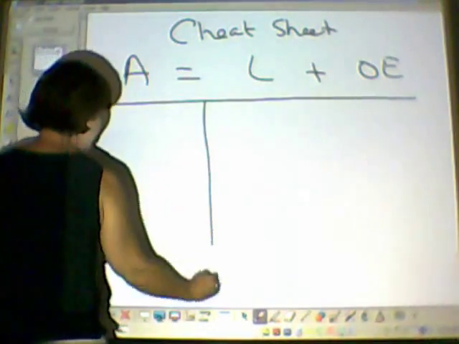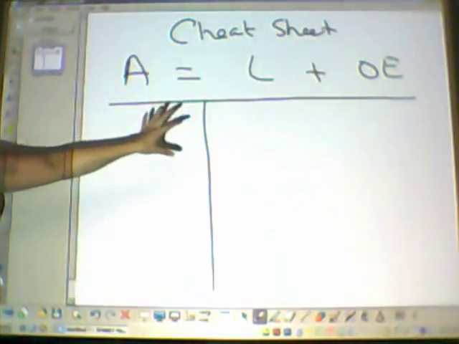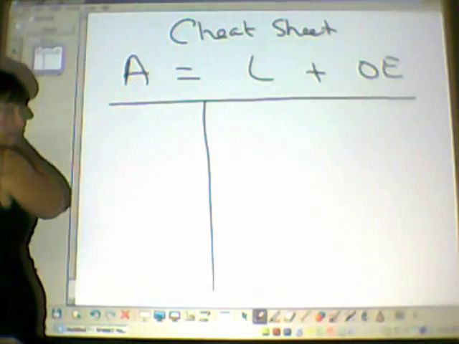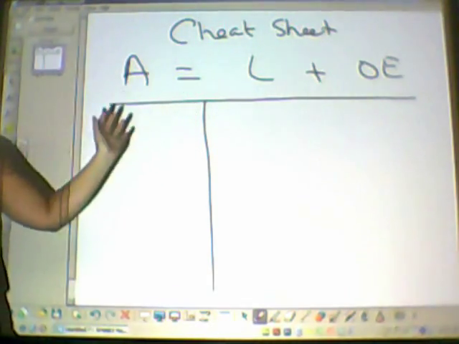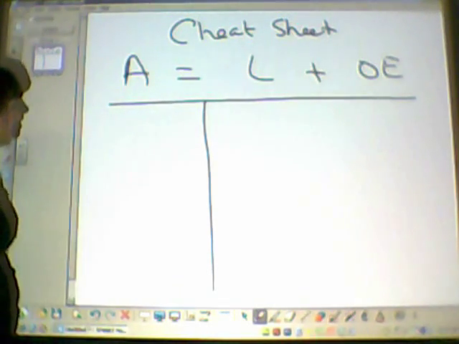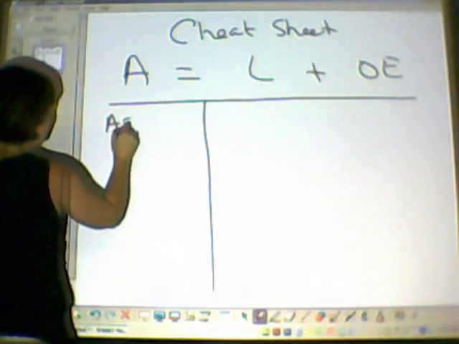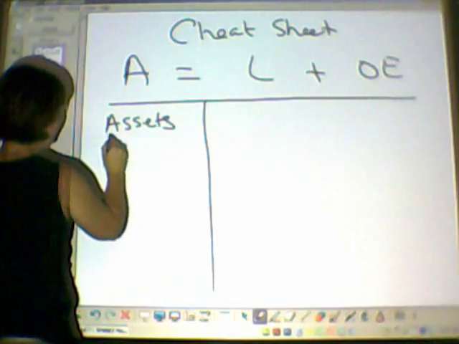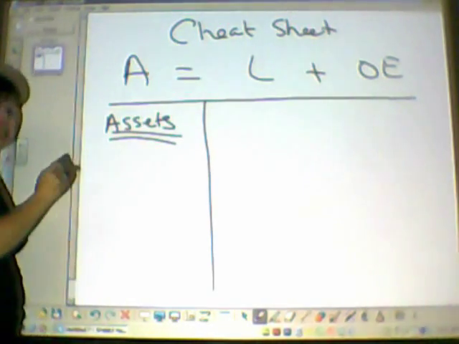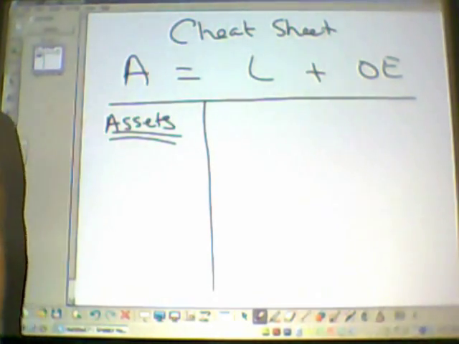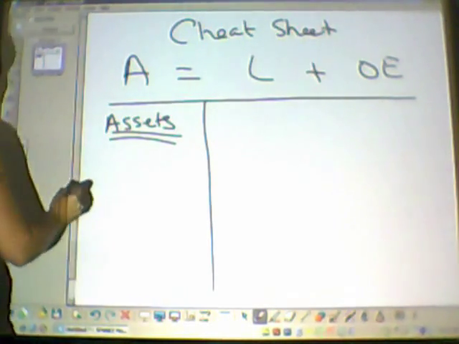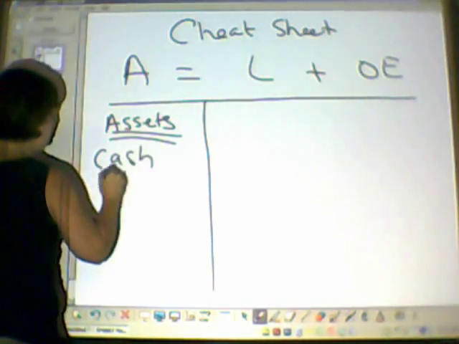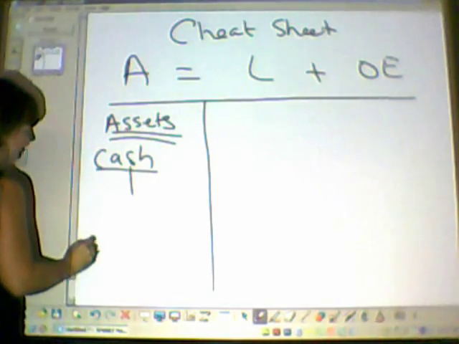Large T. Debits and credits don't come into play right now. What comes into play is left side, right side. I don't think I need to label those because we all know the difference between left side and right side. Our assets is going to be our first heading. Okay? And under our assets, we're going to label them and list them in order of liquidity. Am I correct? Yes. So we're going to start with cash, which is a little T, and then AR, thank